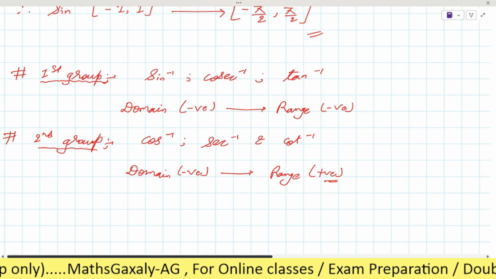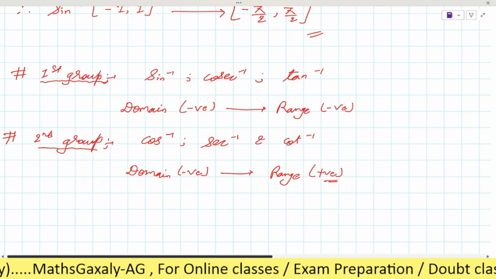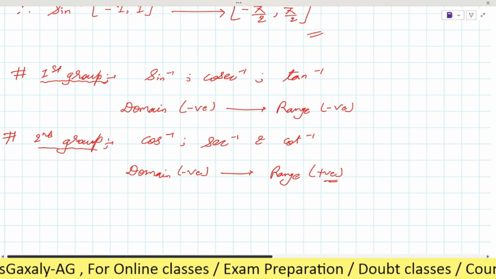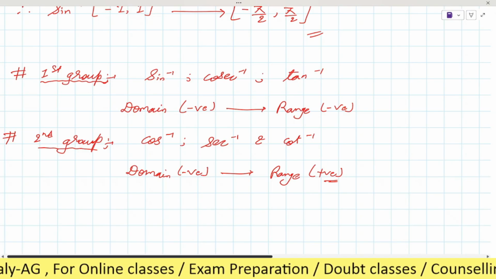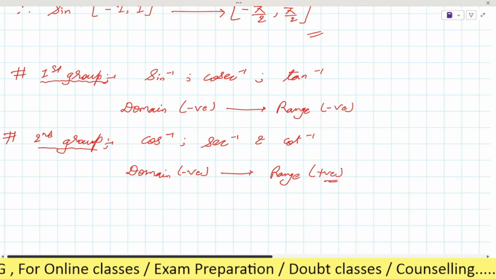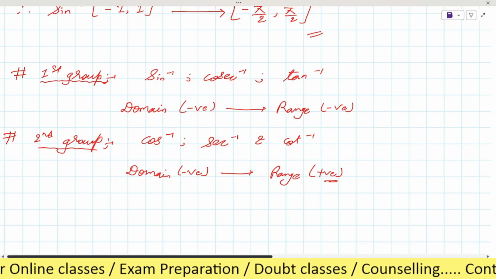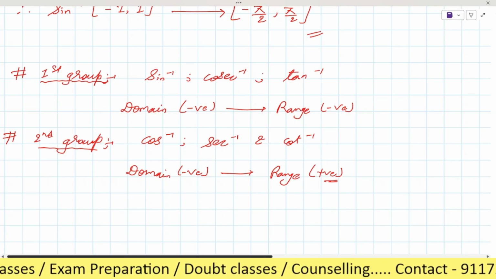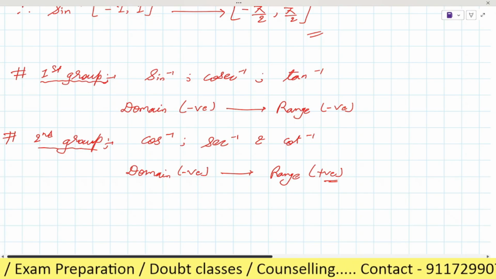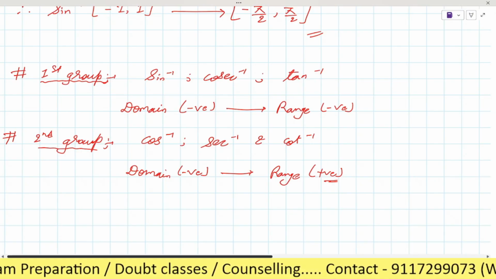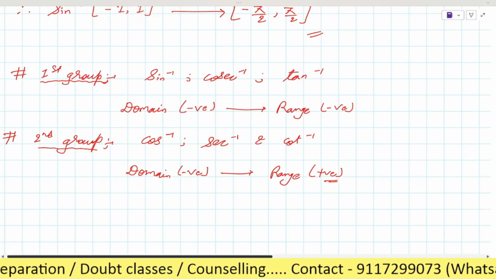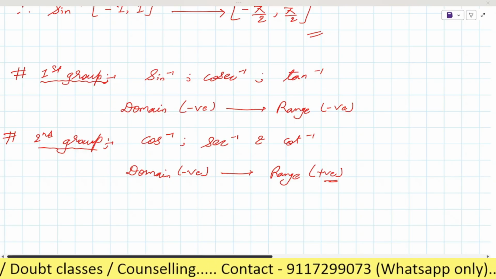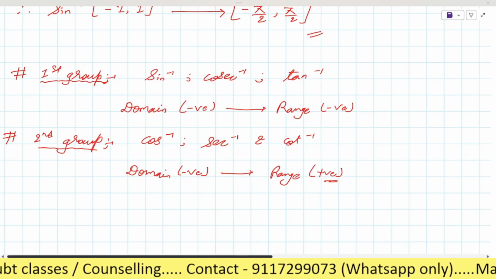reciprocal, that is cosec, right? And then you can keep in mind that they will go with tan. And in the second group cos, its reciprocal sec and cot. Is it clear? So any doubt? No doubt. Please note down it. Then we will do a question, and after that you have to solve the first exercise. Please note down it and then we will do a question.